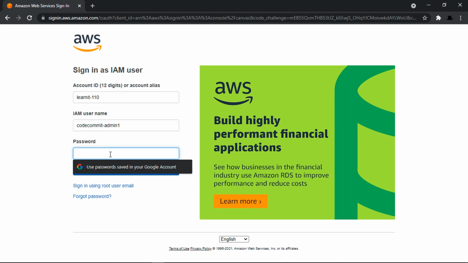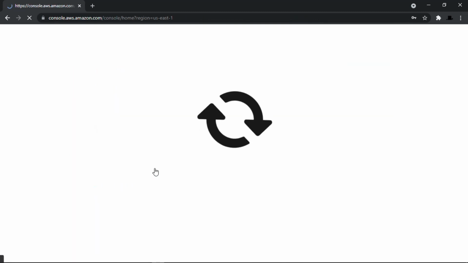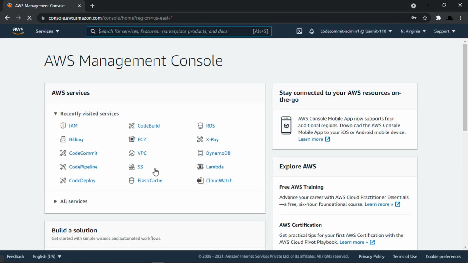And for password, you can get it from your downloaded CSV file. Let's sign in. So guys, now I have logged in with my code commit admin 1 user, and it has permissions to create new repositories using code commit service because we have attached code commit full access permissions policy to this user.